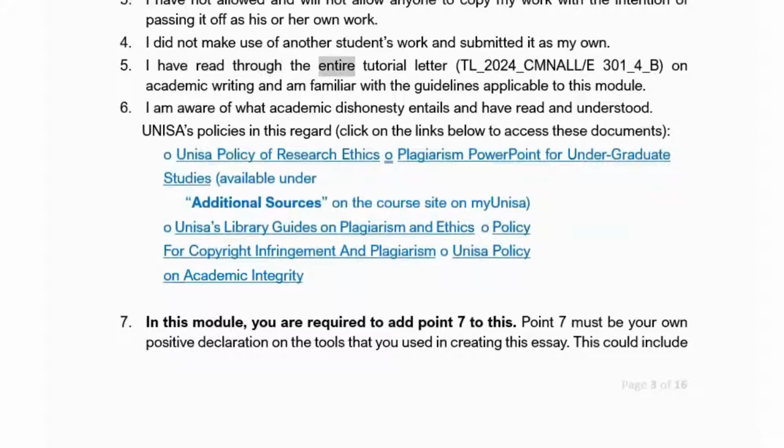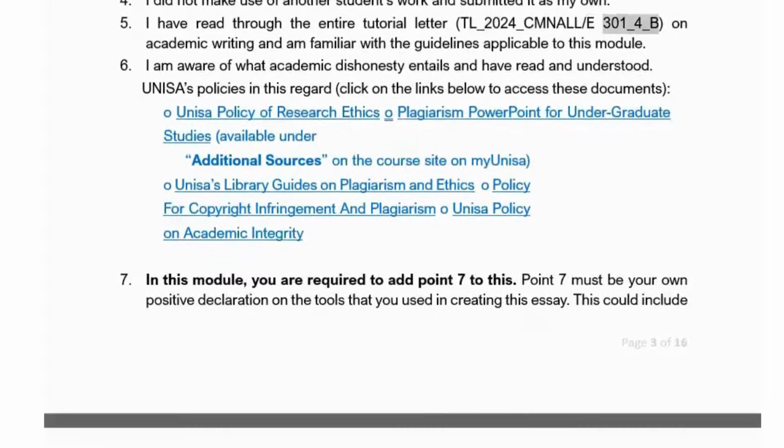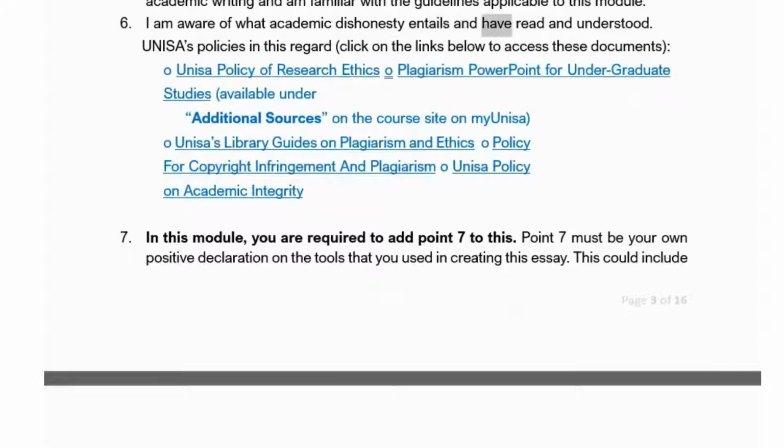I have read through the entire tutorial letter, TL_2024_CNAL/E301_4_B, on academic writing and am familiar with the guidelines applicable to this module. I am aware of what academic dishonesty entails and have read and understood UNISA's policies in this regard.